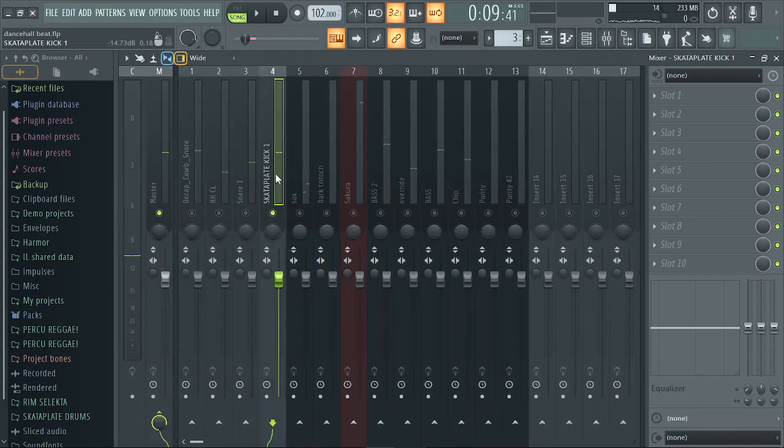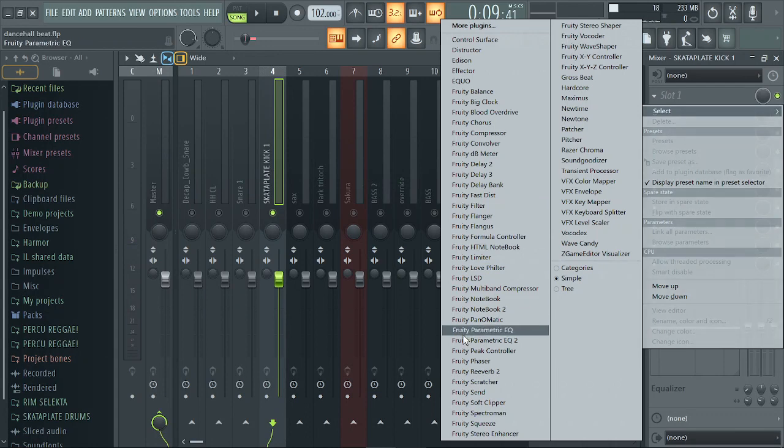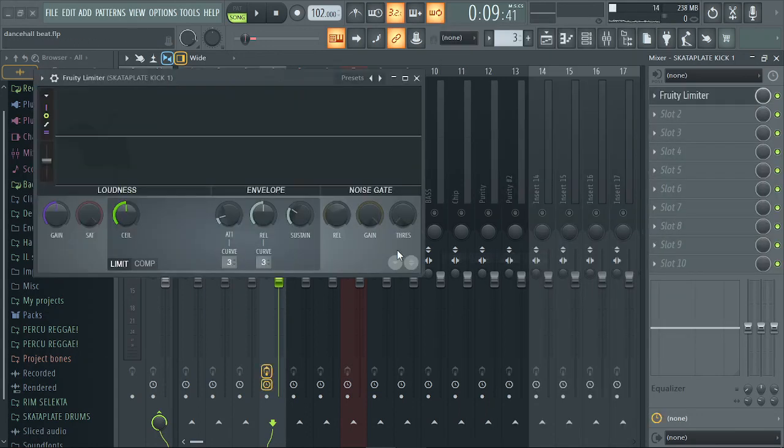Okay, so this is what I normally do to my kicks all the time I am mixing. I pull up the Fruity Limiter, I go into the compressor, right? And on the ratio, I quickly set it to 4 to 1. All right, you can see that right here, 4 to 1. Okay, and then I now start